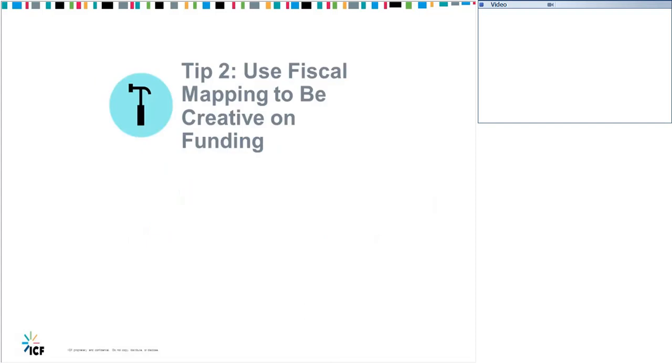Okay, tip number 2, use fiscal mapping to be creative on funding. Fiscal mapping may be something that's new to all of you, so I do want to just talk a little bit about what that means, what it looks like. But before I do, one of my favorite things to do when I'm facilitating meetings and we're talking about program improvement is to say to people,